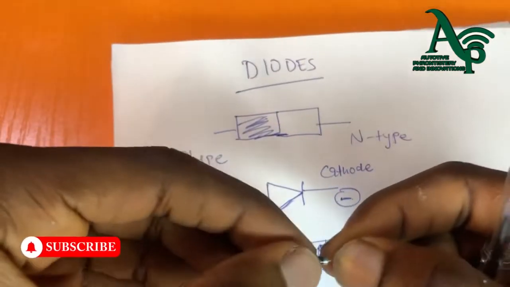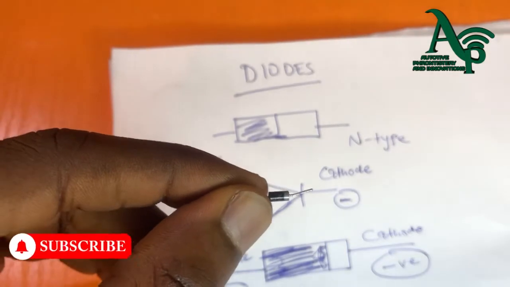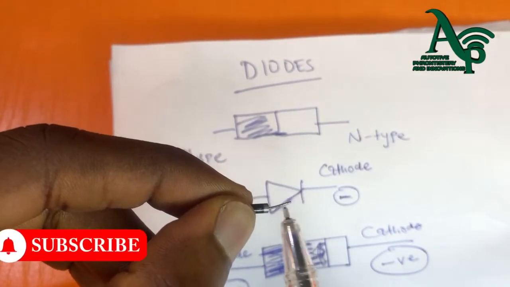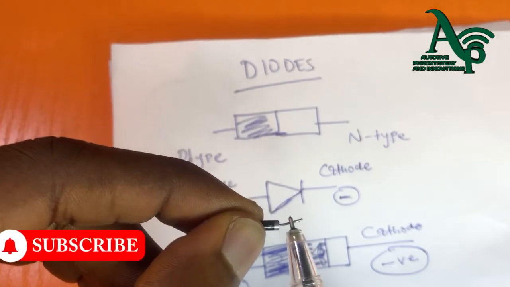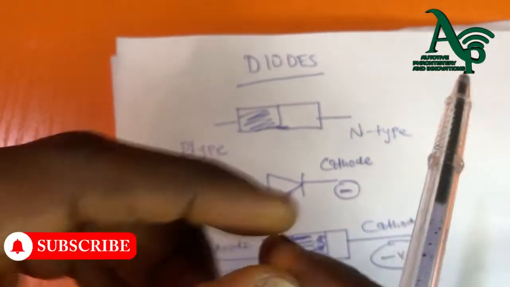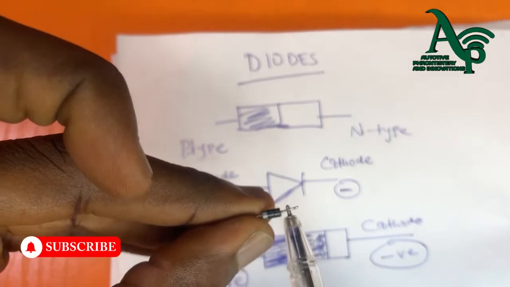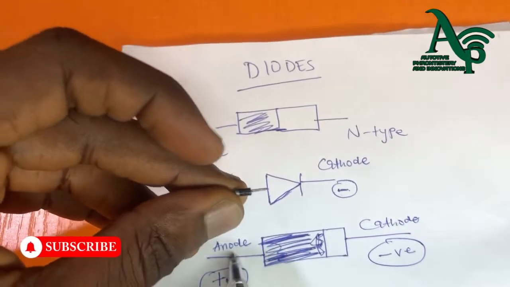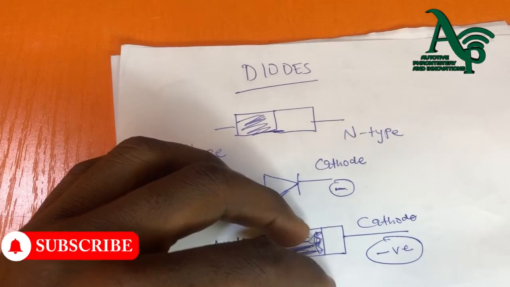So we have the diode here. The white part, which is this part, is the cathode of the diode, which is the negative terminal of the diode, and we have this other part which is shaded black, which is the anode or the positive terminal